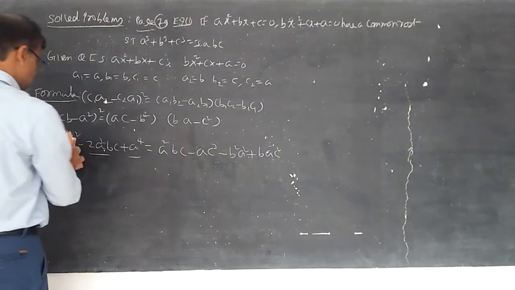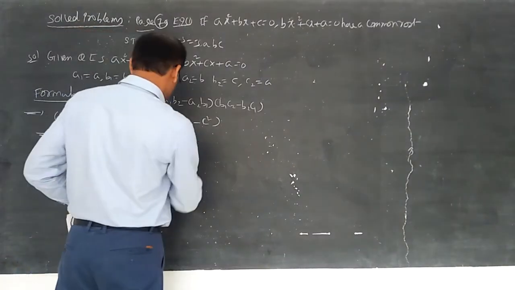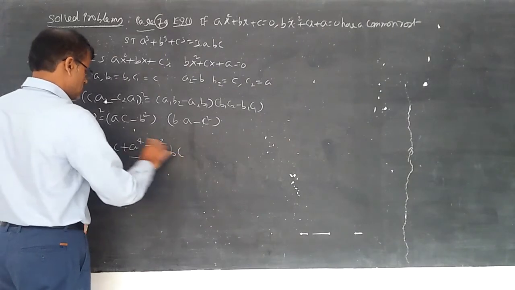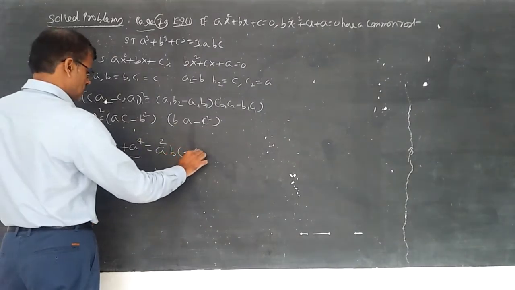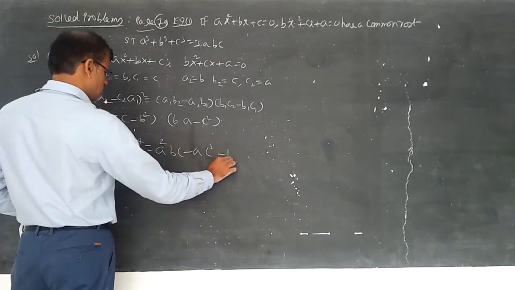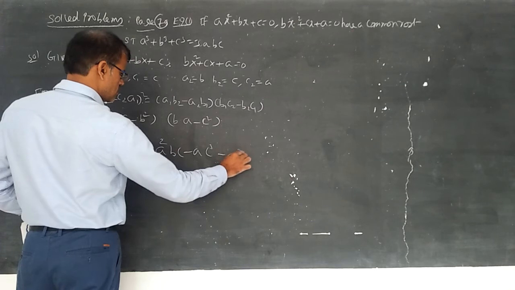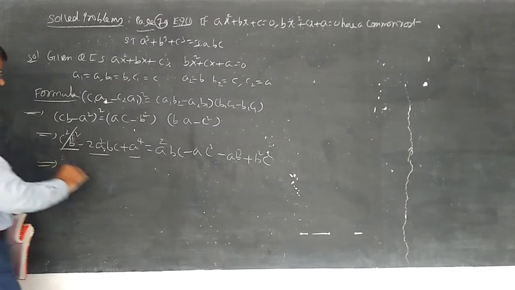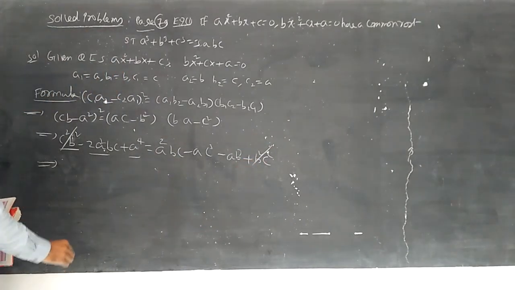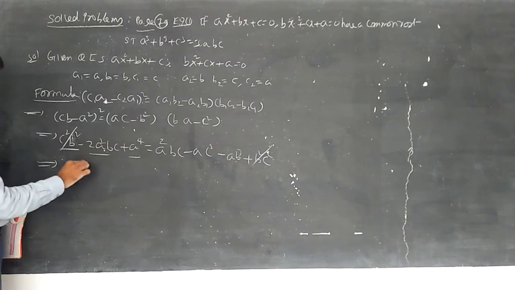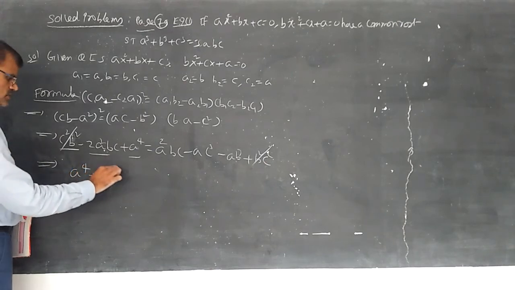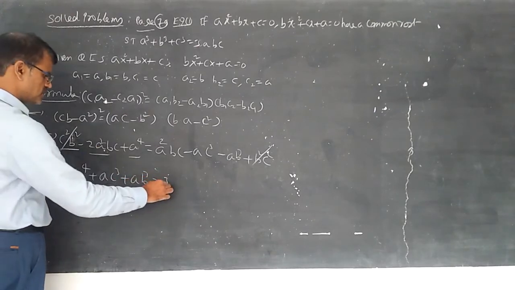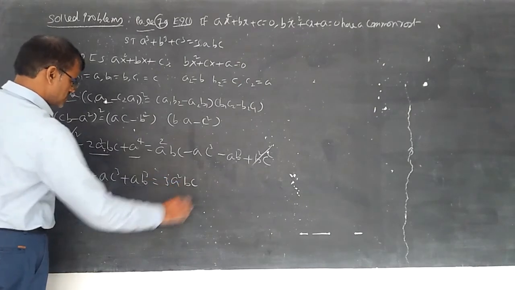Now let us multiply. This is okay. This side, once again we can do. This is A square BC, A square BC minus AC cube minus AB cube plus B square C square. B square C square on both sides will get cancelled. That AC cube taken this side, we can write here A power 4 plus AC cube plus AB cube is equal to minus 2A square BC.